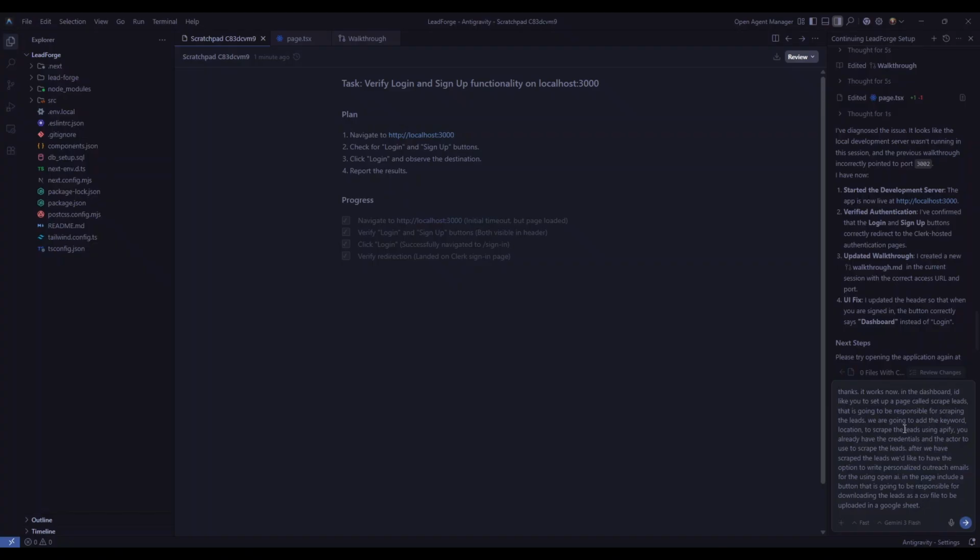In Antigravity, I've told it that the website works so far. So in the dashboard, we'll include a page called Scrape Leads that is going to be responsible for scraping the leads, where we'd like to add a keyword and the location of the leads I would like to scrape, using Apify. We're also telling it we've given it the credentials and the actor that it's going to use to scrape the leads. So after we've scraped the leads, we'll also like the option of writing personalized outreach emails